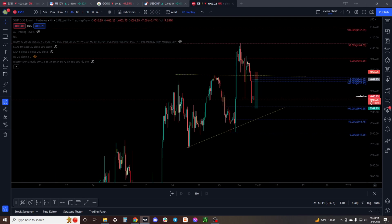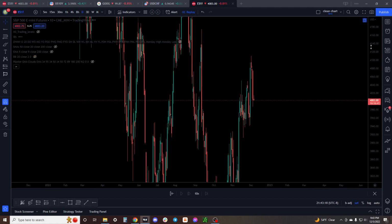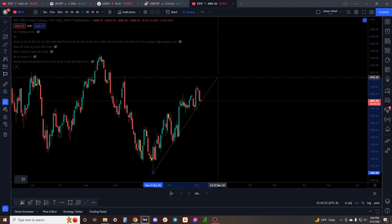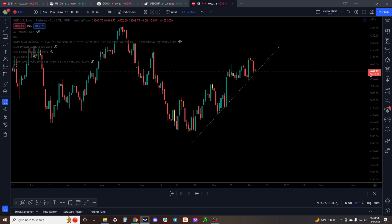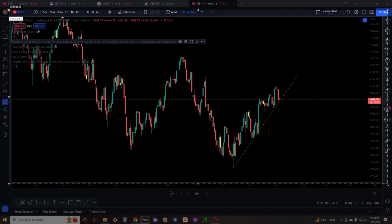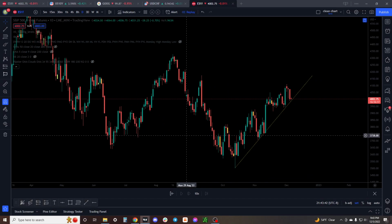As for the structure for ES, the reason why I'm not that bearish is basically we are still in this trend line, so it can easily just fake out, and it can easily go back up unless we get a daily close below it. If you look at the previous uptrend, it was around here,